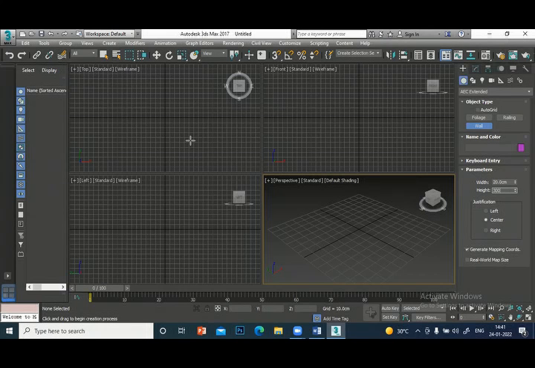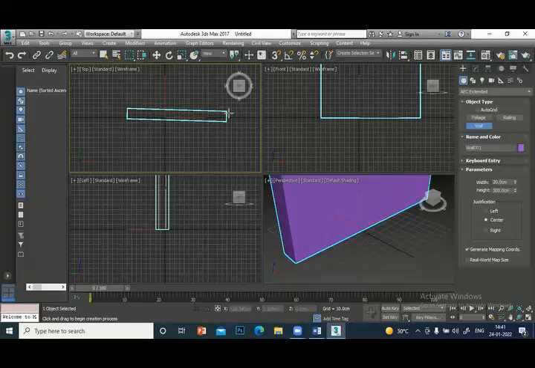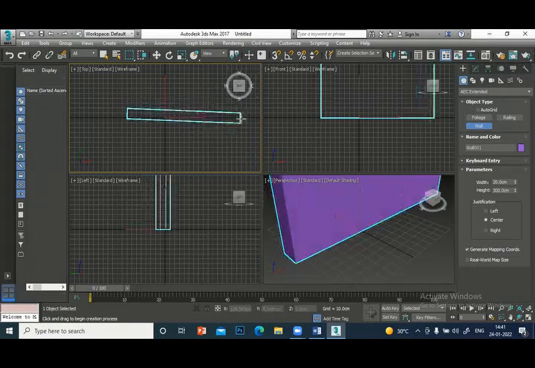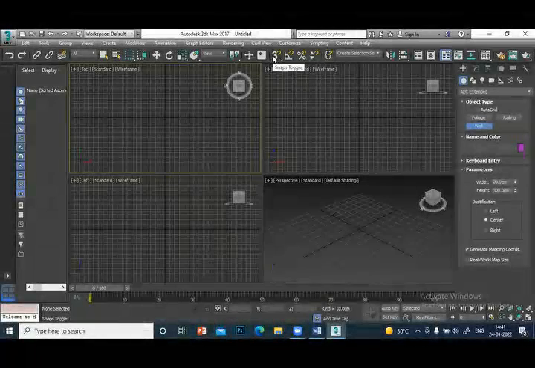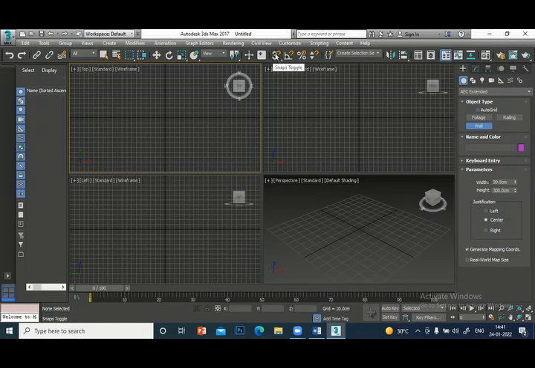Whenever you want to draw a wall, I can just click and drag it. But I'm not sure whether it is exactly horizontal, and the measurement is also difficult to see. Usually what I will do is go here, snaps. I will switch on snap and grid. Grid is this line. Snap is the movement of the cursor. So when I click grid snap, it moves from point to point.